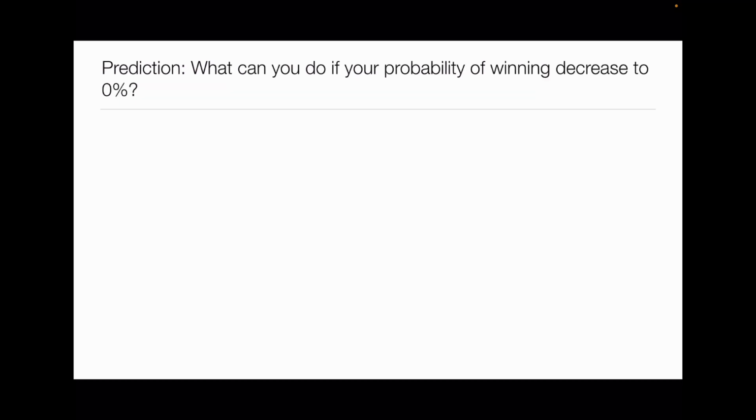And next, what can one player do if his probability of winning drops to 0%? This means that it is impossible for him to win the game. His first choice, also the risky one, is to continue adding bets as if he can win 100%. If your opponent's cards are not that good, this kind of behavior will more likely cause the opponent to fold. But it really depends on one's luckiness and the opponent's psychological enduring